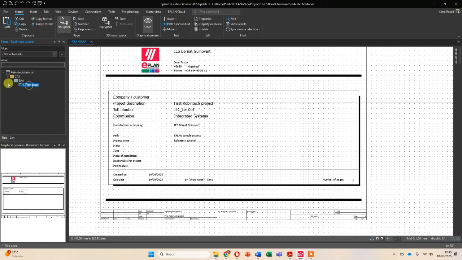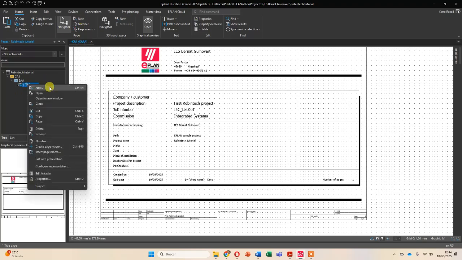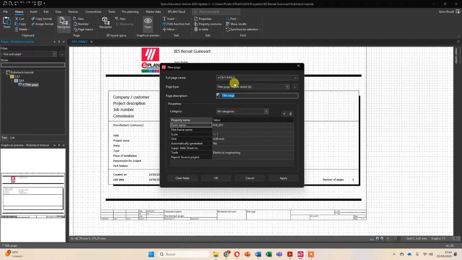Now we're gonna click here in title page and we are going to enter our first page. So we click here and we have two options. We either click here in new page or right click and new. We'll get the same result. Okay, so here in full page name